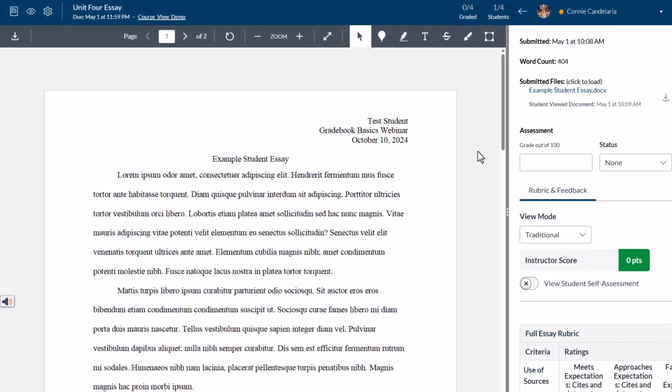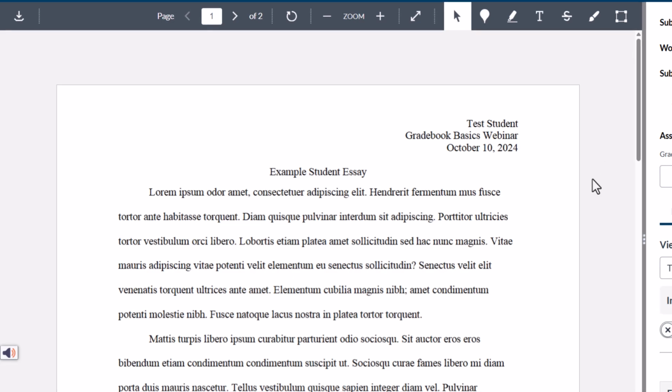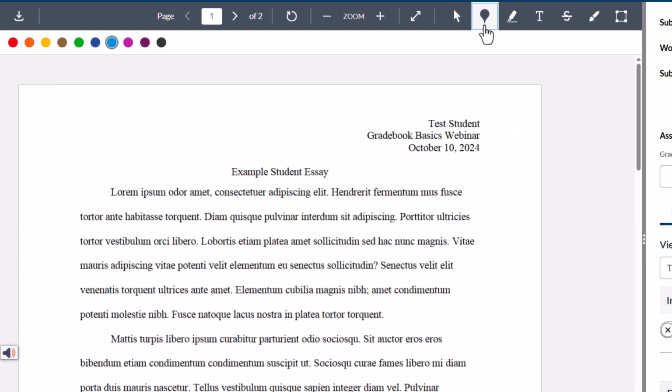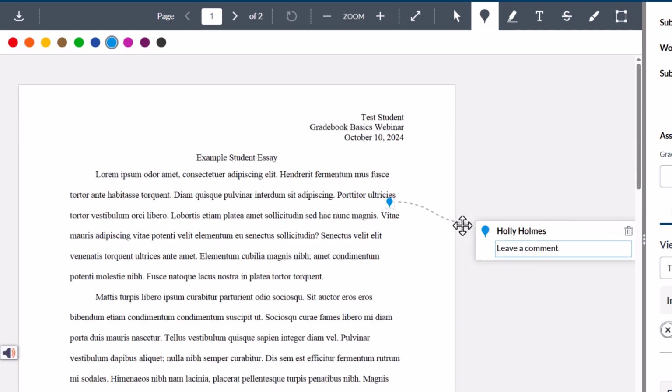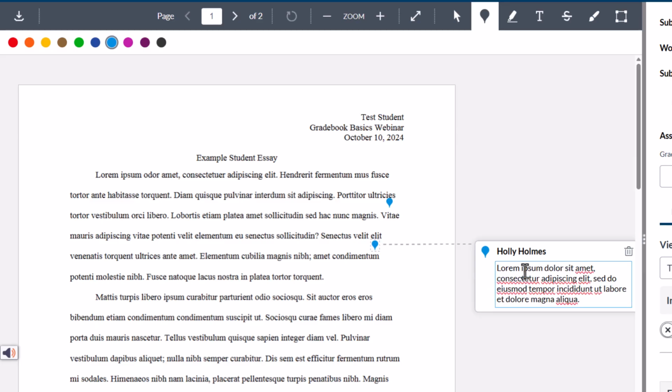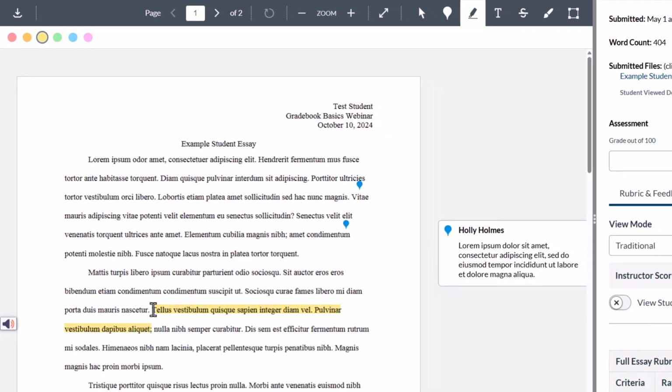Let's start with annotated feedback. You can leave annotated feedback on online assignment submissions, except text entry submissions, in the doc viewer through the annotation options in the upper right corner. Your options are point annotation, where you can point to a specific word or section and leave a comment,